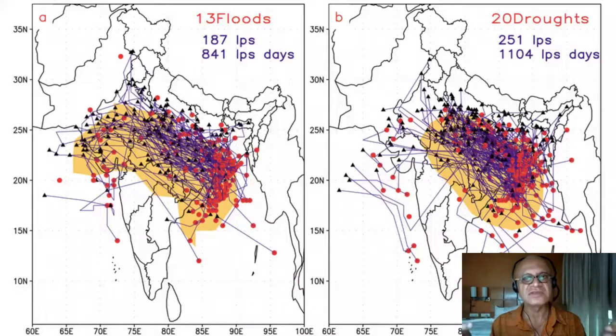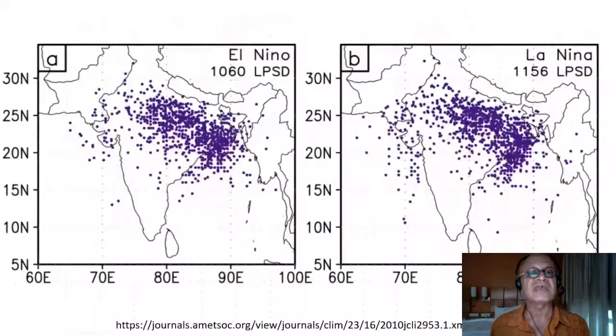That's what this is saying. So in other words, to understand the impact of LPSs on wet and dry years, or to understand external forcings like El Nino and La Nina on producing LPSs, as well as floods and droughts, have to be understood to better understand the extremes and be better able to predict